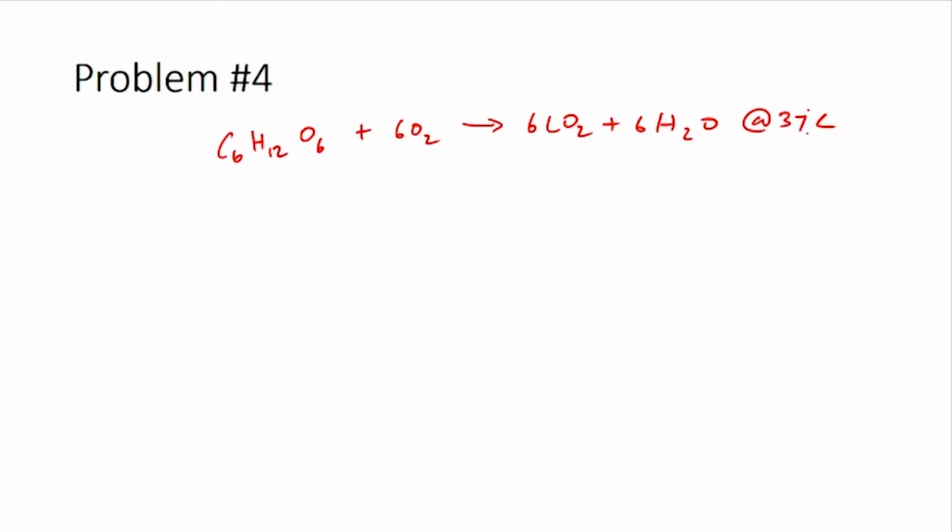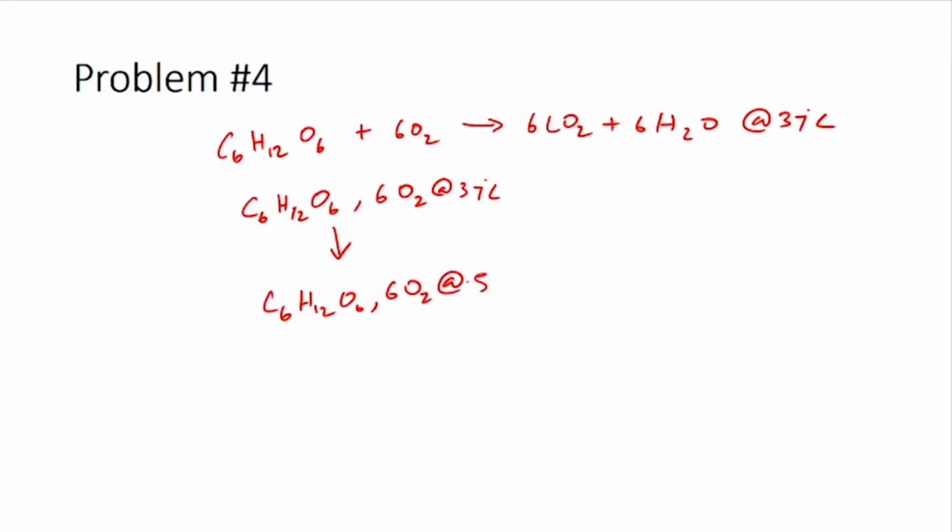So, this is the real reaction which is happening. This means reactants at 37 degrees Celsius are reacting to form products at 37 degrees Celsius. Instead, we are going to change this into a hypothetical path where you have reactants, glucose and 6 moles of oxygen, being cooled from 37 degrees Celsius to reactants at 25 degrees Celsius. Here it is forming products, which would be 6 CO2 and 6 H2O, all at 25